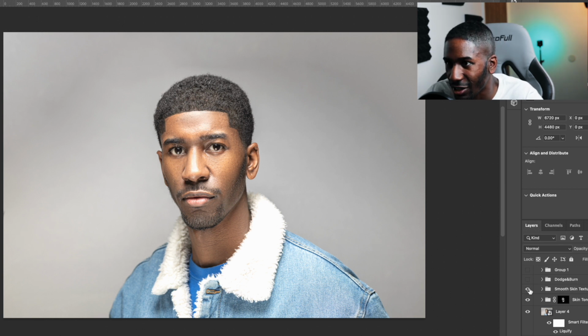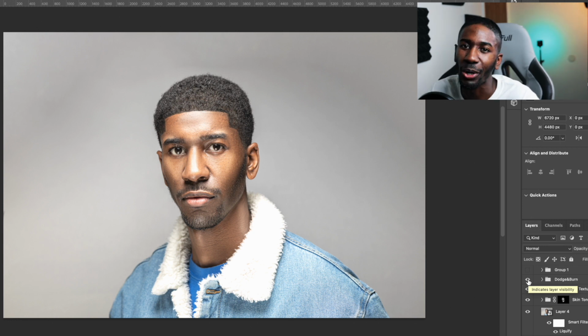This helped more with the skin tone, with more subtle changes, tying everything together. You can see those last few steps really just tied my skin in. It gave me that movie star like skin. And then frequency separation, dodge and burn. You can see what dodge and burn did. It really just made my face pop and gave you that